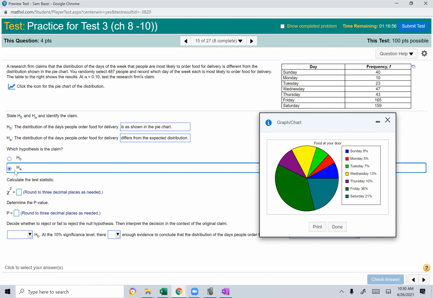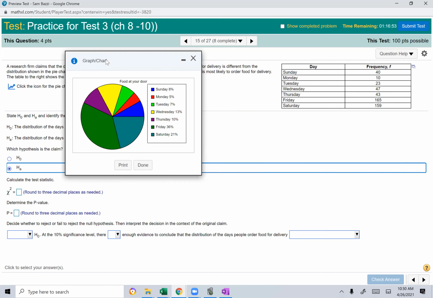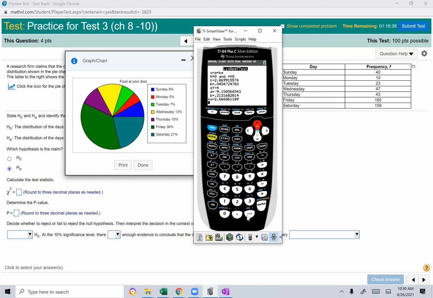Calculate the test statistic. We did this by hand, but I'm not going to have you do it by hand on the test. You could, but there is no need. These are the observed values. We need to put them in L1, and we need the expected values, and we're going to put them in L2. So let me bring the calculator up. Clear the screen, stat, edit, put the observed values in L1 to begin with. That's the first thing that you have to do. So 40, I'm going to go slow with this question because it reflects on all the questions in this section. 47,